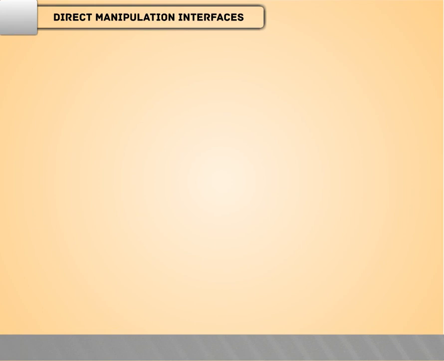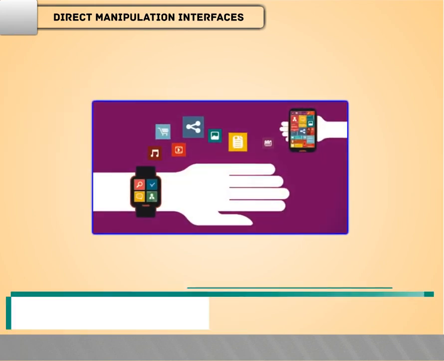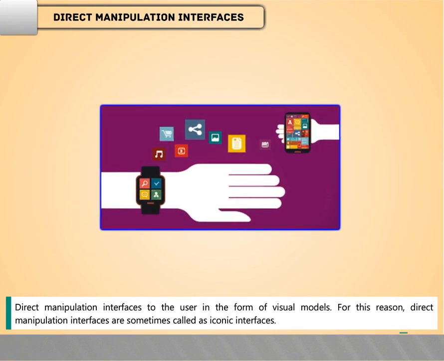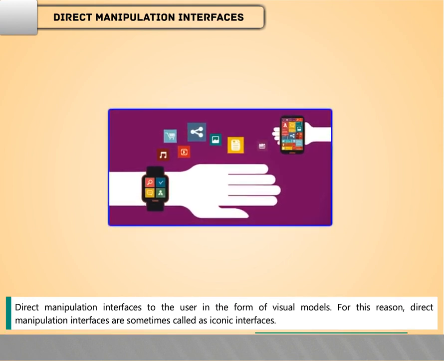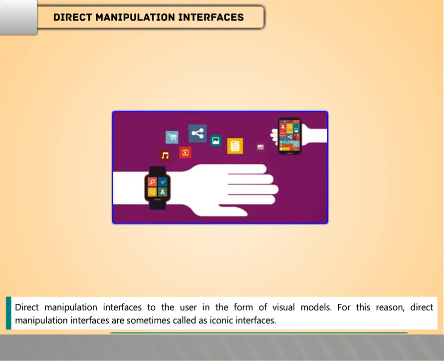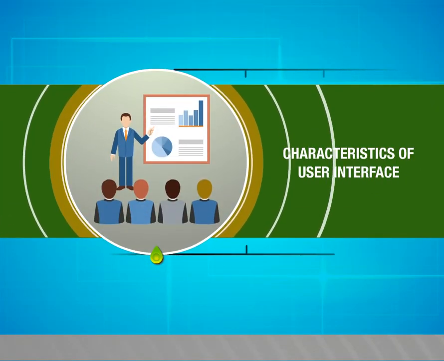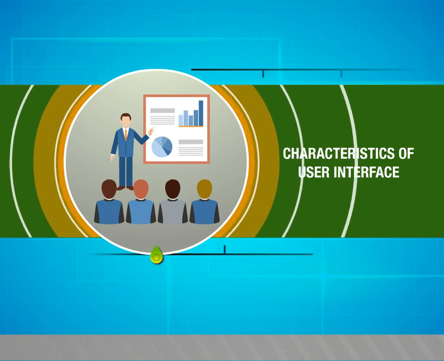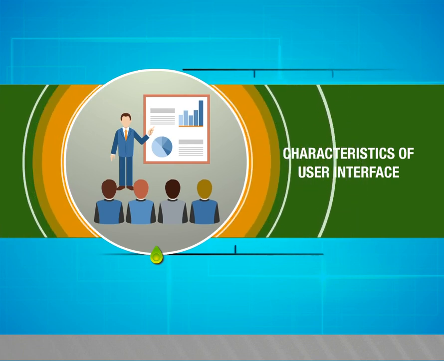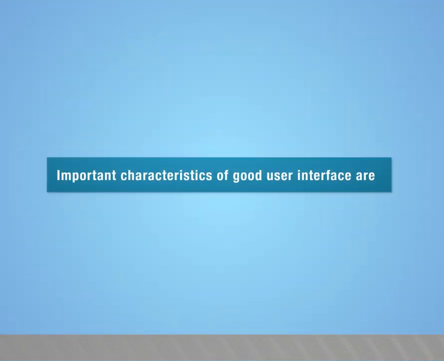Direct manipulation interfaces. Direct manipulation interfaces present the interface to the user in the form of visual models. For this reason, direct manipulation interfaces are sometimes called iconic interfaces. Characteristics of user interface. In this video, we are going to see about characteristics of user interface. Important characteristics of a good user interface are: